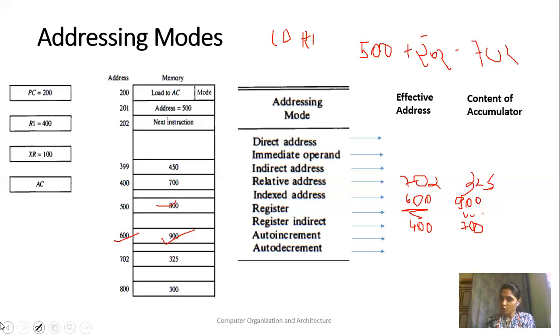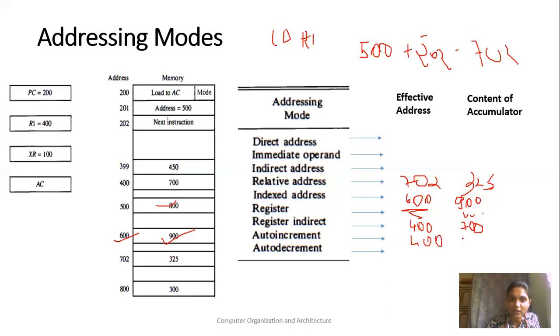Next one, for auto increment, what we have seen for auto increment and decrement is that for auto increment, first your content is going to be stored, and then the content of register which stores your address is going to be incremented. That means for auto increment, if your instruction is like LD (R1)+, so your register R1's content is going to be used as an address. So content from that location, that is your effective address will be 400, and that is going to be stored into accumulator.